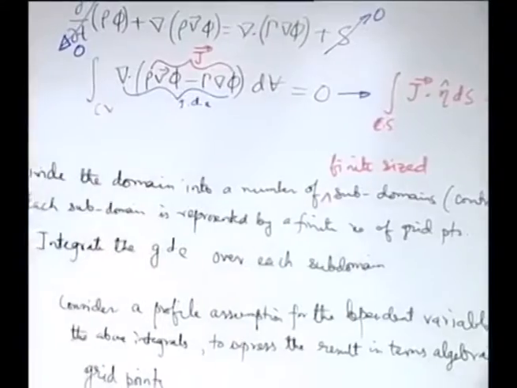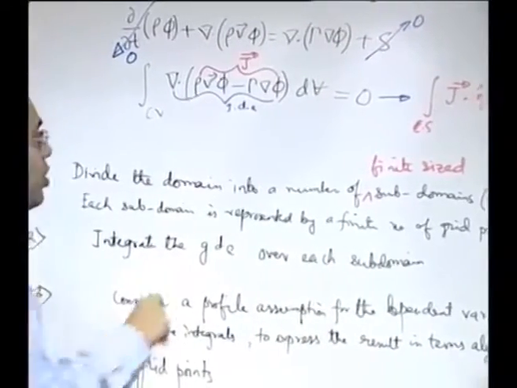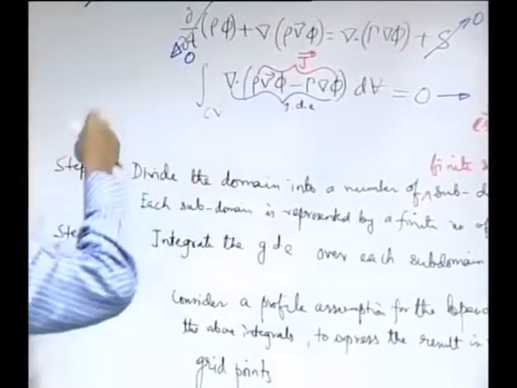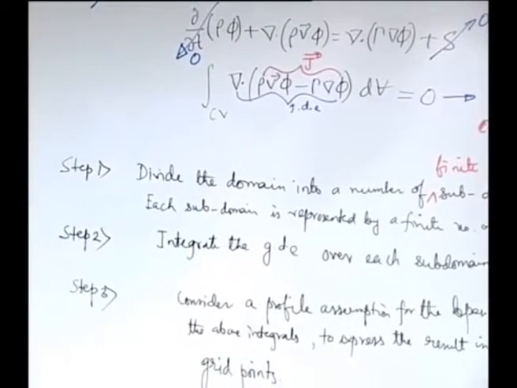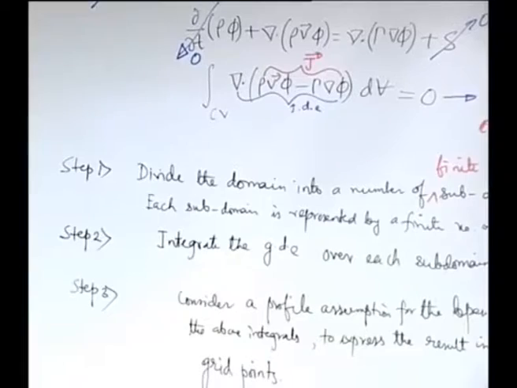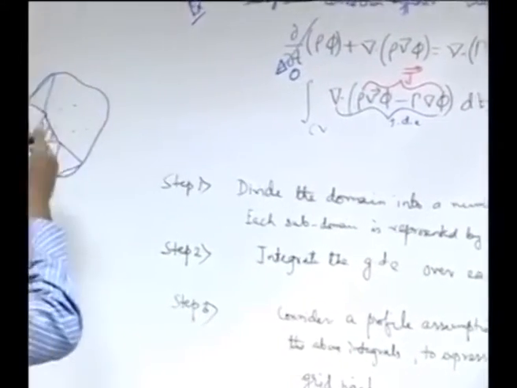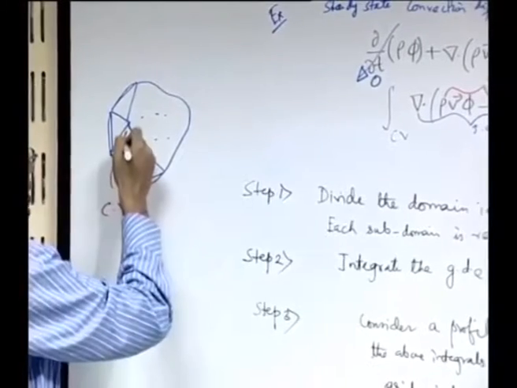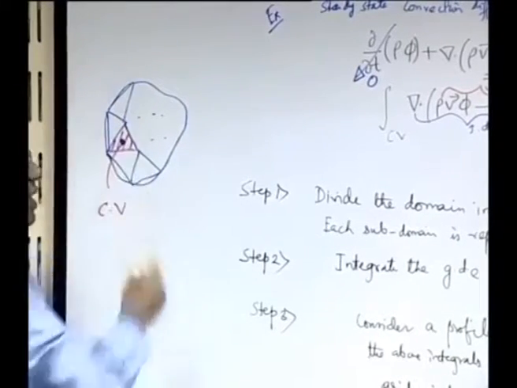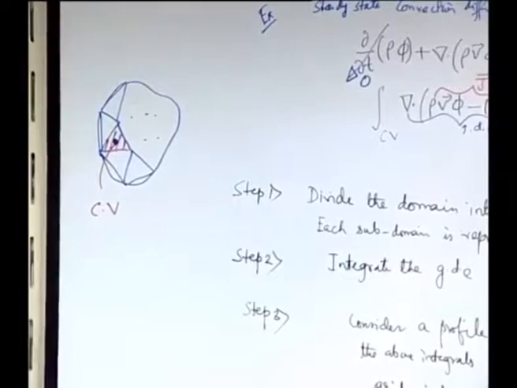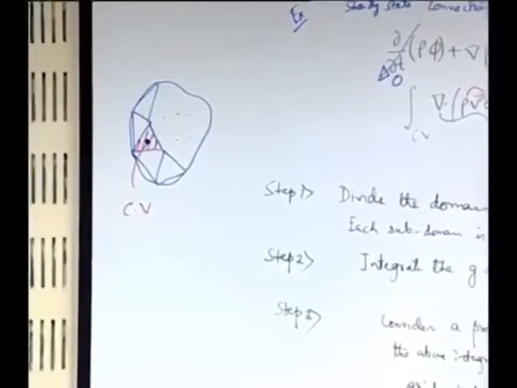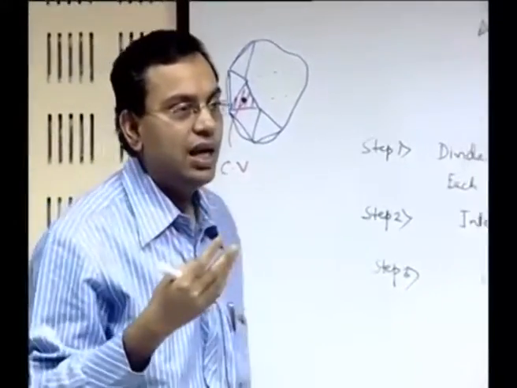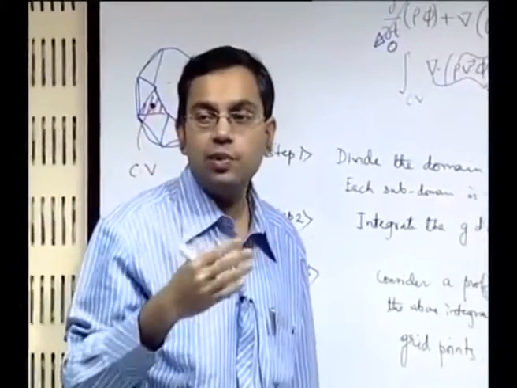But to evaluate the integral, what you need to know? You need to know how phi varies between the grid points. So here you have to remember that when you have considered a control volume, the control volume should be represented by certain points. So let us say that it is the centroid of the control volume which is the corresponding grid point. Typically in finite volume the representative grid points are located at the geometric centers of the corresponding control volumes.